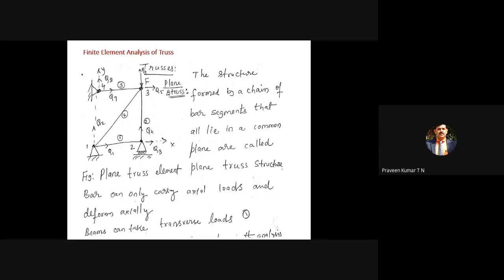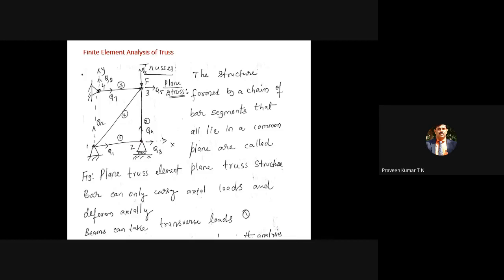At each node, suppose node 1, this is one boundary condition here. So what is the boundary condition? If you put this hashed, inclined line, it indicates that this end is fixed. There are two boundary conditions here. Q1 is one boundary condition and Q2 is one more boundary condition. Q1 is the displacement along the x direction. Q2 is the displacement along the y direction.